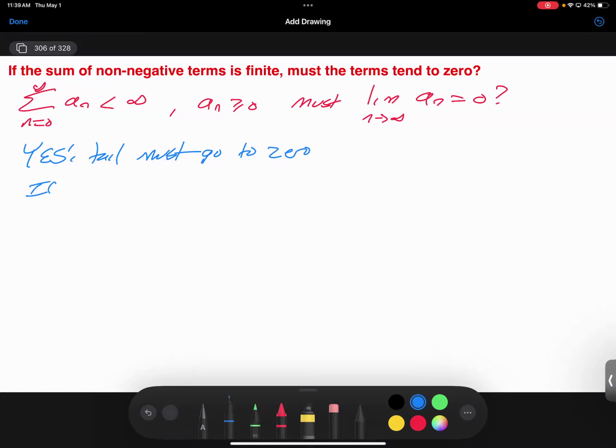Basically, for all epsilon there exists... Good. If it doesn't converge, then for all epsilon, there exist infinitely many n such that a_n is greater than or equal to epsilon, because we know the a_n's are non-negative. And since they are greater than or equal to epsilon infinitely often,